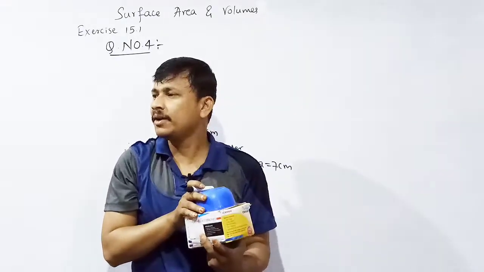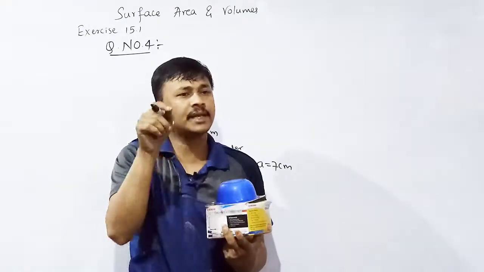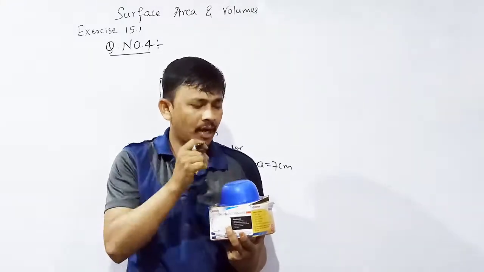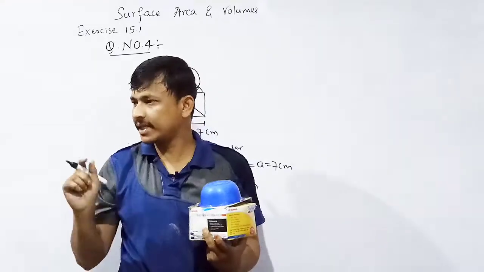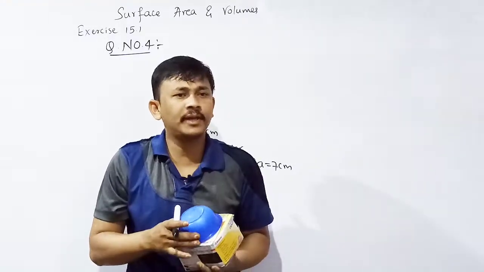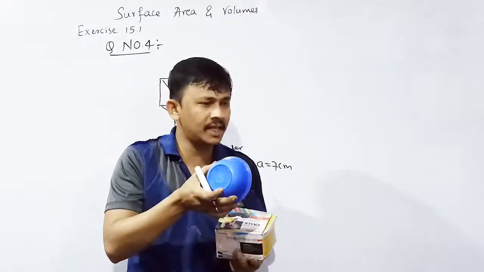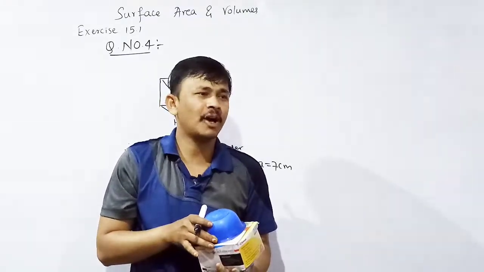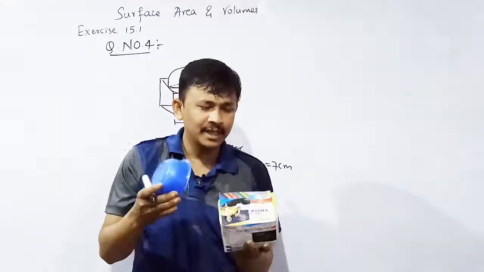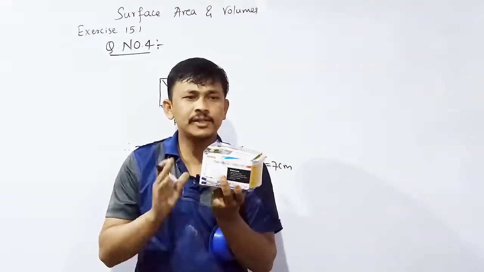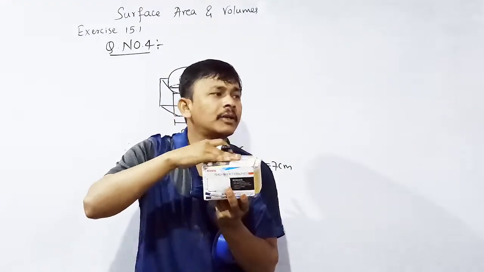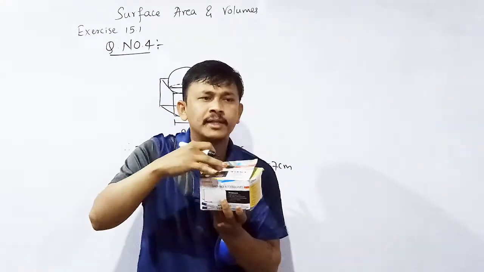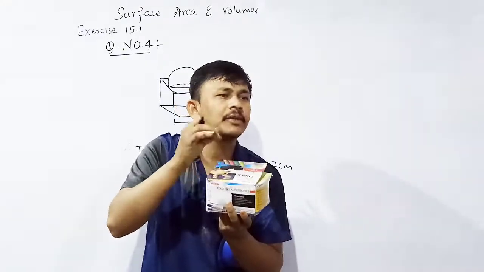Why do you have minus or negated pi r square value, area of circle? Why did you minus, sir? Why you have negated pi r square, that is area of circle, because you cannot feel the bottom surface of this hemisphere. Yes or no? You cannot feel means you cannot take, you have to negate that. Since we took 6 faces but we cannot feel the top surface, we can feel the edges only, we cannot feel the area of circle, so we need to negate that.